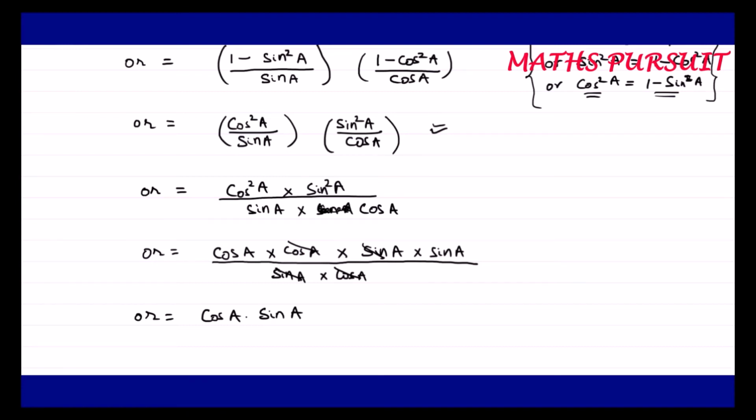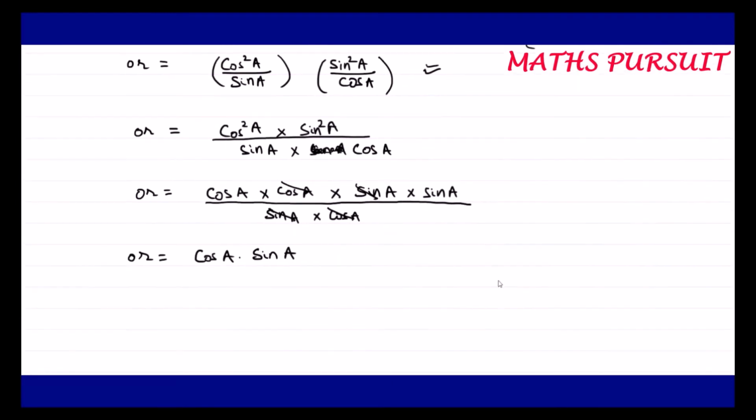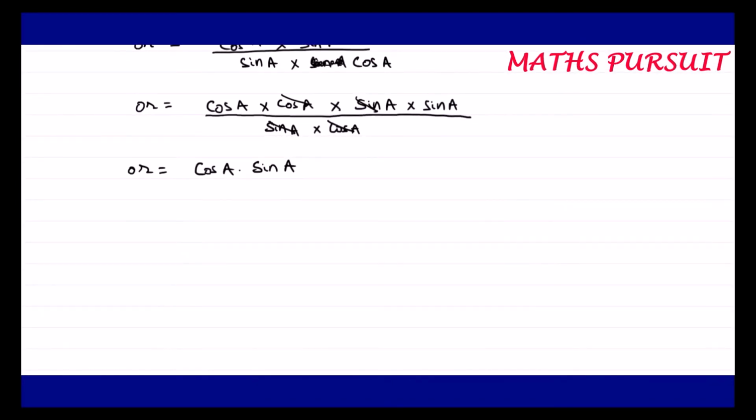So guys, as I told you, let us keep this one as it is for the time being, and I can say that the left hand side of my equation is currently cos a into sine a. Let us make it equation number 1. Now guys, let us focus on the right side of the equation. Let us leave the left hand side for the time being with equation number 1. Now let us move ahead and see what is being given in the right side, and let us try to solve the right side of the equation.